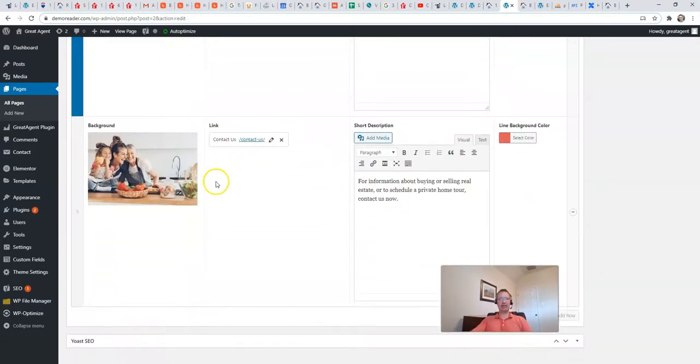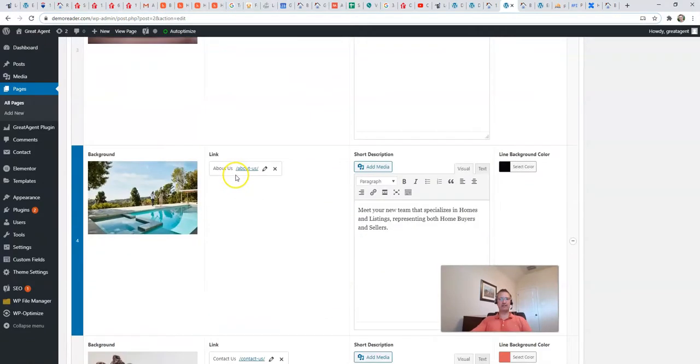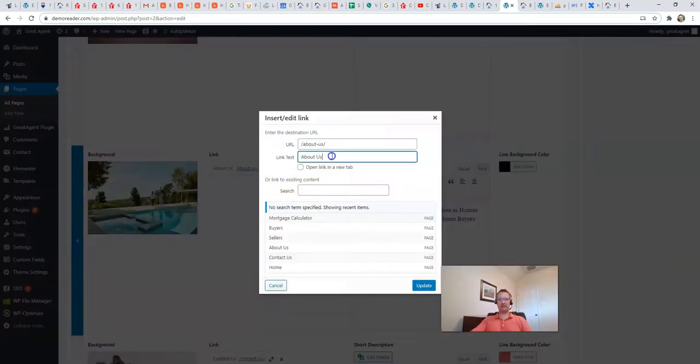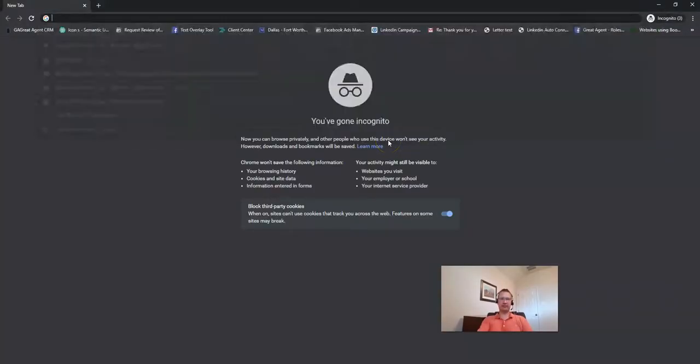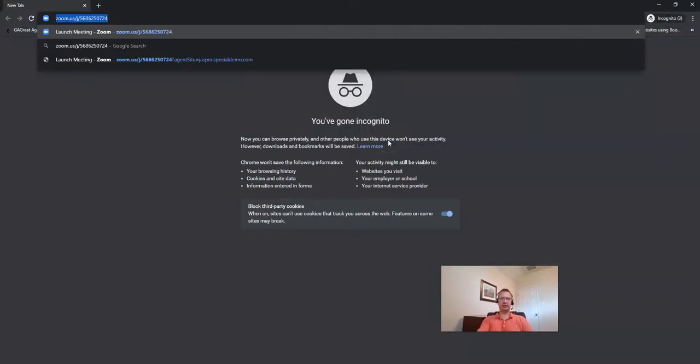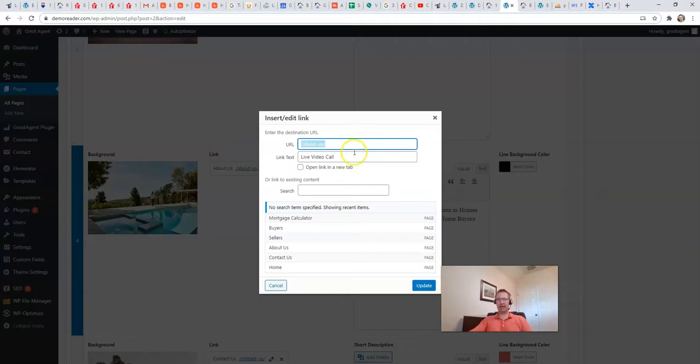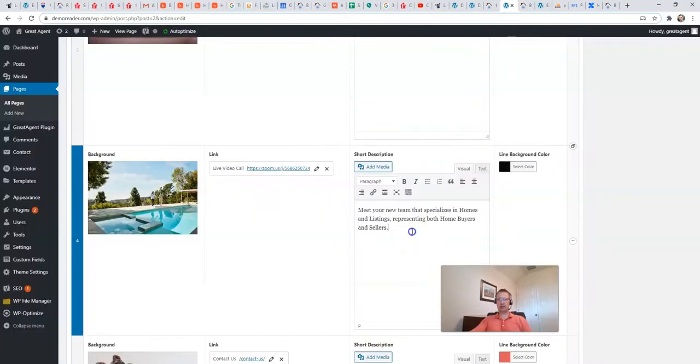To change the wording is very similar, right? So maybe I want this to be, actually I want to do that one as a live video call, video call, and I'm going to link that to my Zoom link actually. So let me get that to my Zoom link. So I have a Zoom link. It could be a Google Hangout or whatever, right? So I'm basically changing where should it go to, what should be the wording be, and take a live tour